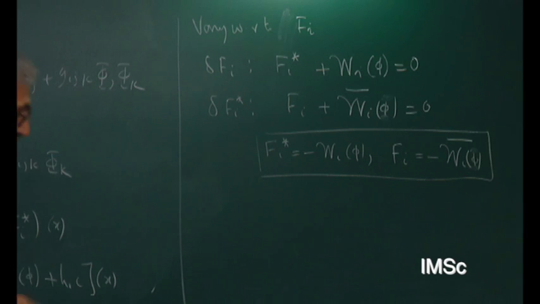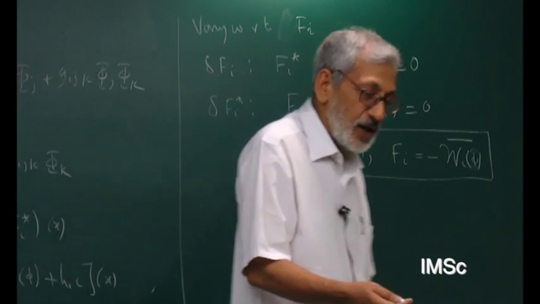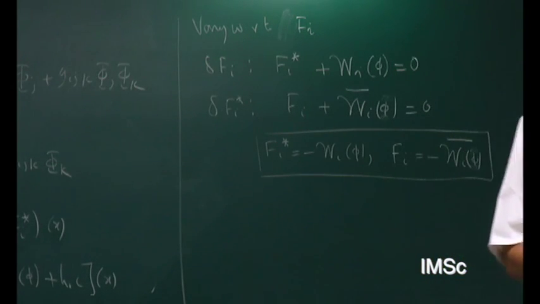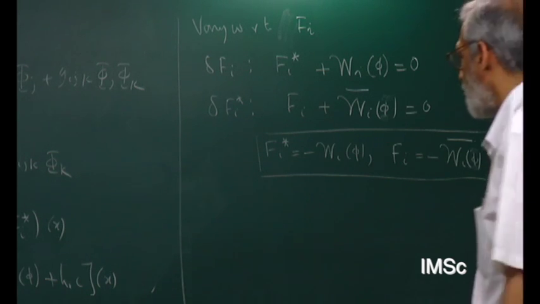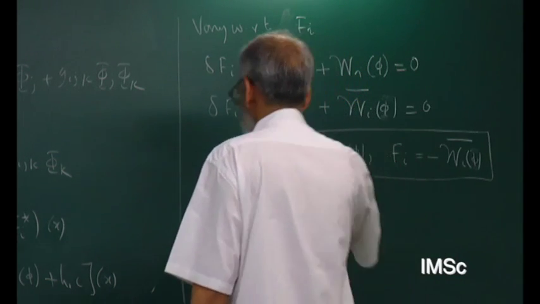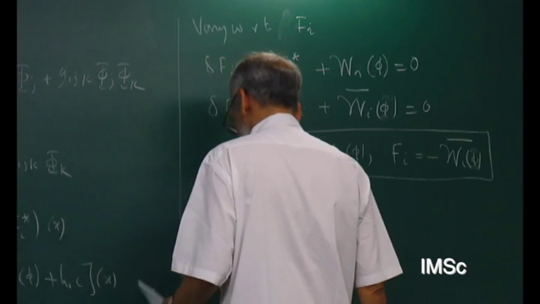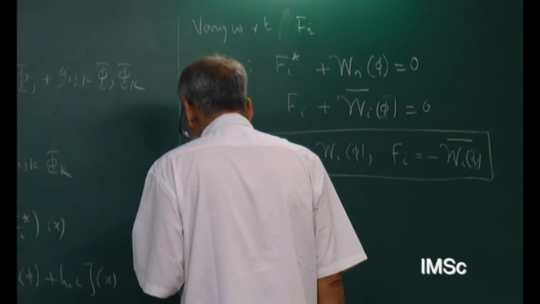So, it's a constraint equation. I can put it back into the Lagrangian and write a new Lagrangian. That doesn't change the dynamics of the Lagrangian. So let me put that back into this Lagrangian. Now before I do that,